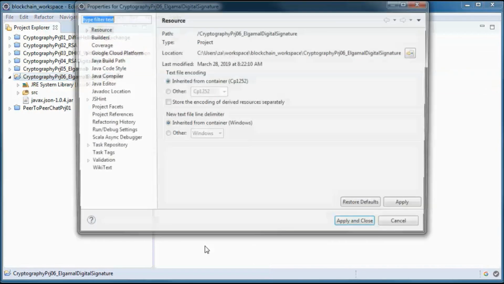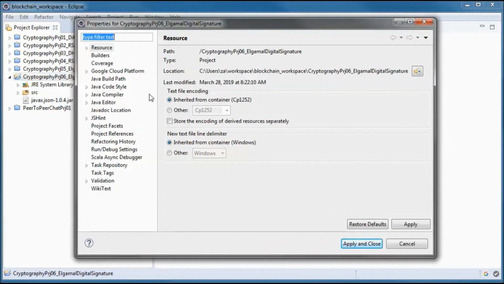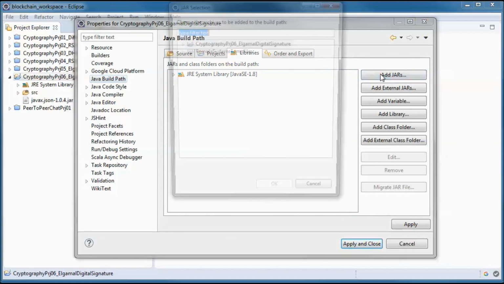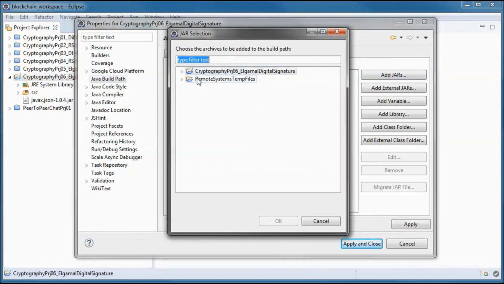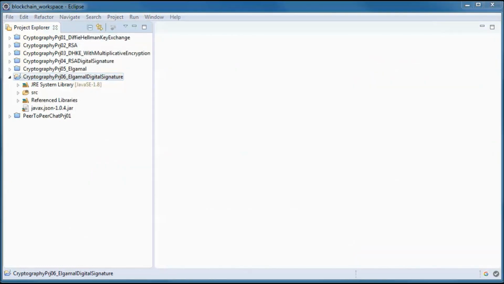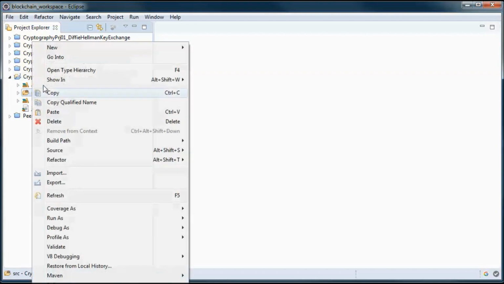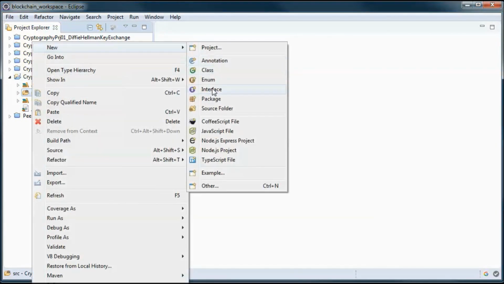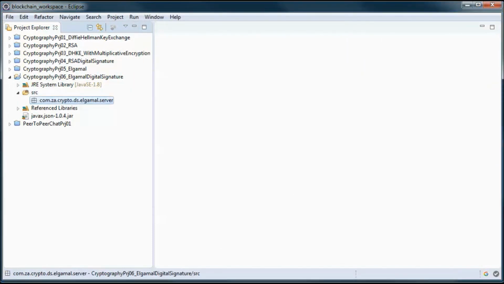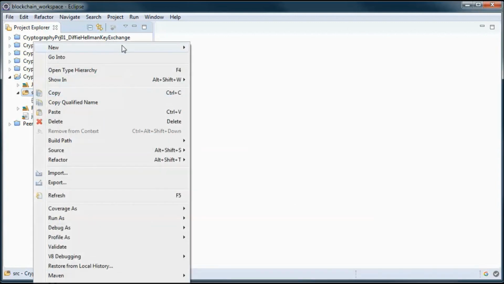So we will go to properties and Java build path, and we will have two packages, one for the server side and another one for the client side.